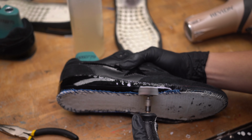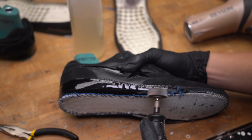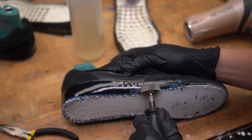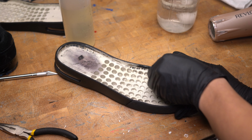And then I'm gonna use that line as a guide to shave down the patent leather with the Dremel. This is gonna help bond the midsole to the upper. I'm not gonna lie, this part was very hard for me because if I slip up and Dremel past that line, it's all bad. I don't get how Nike was able to do this without damaging the threads that's holding